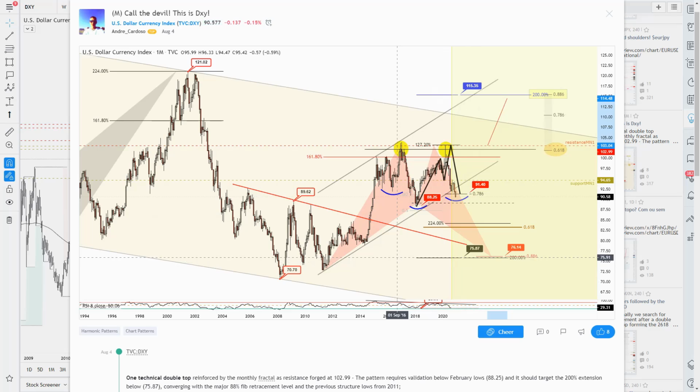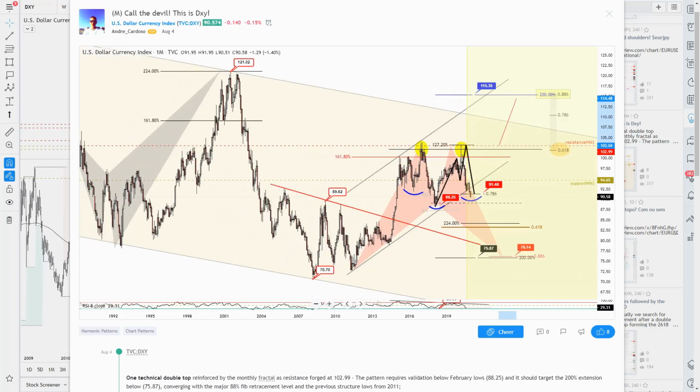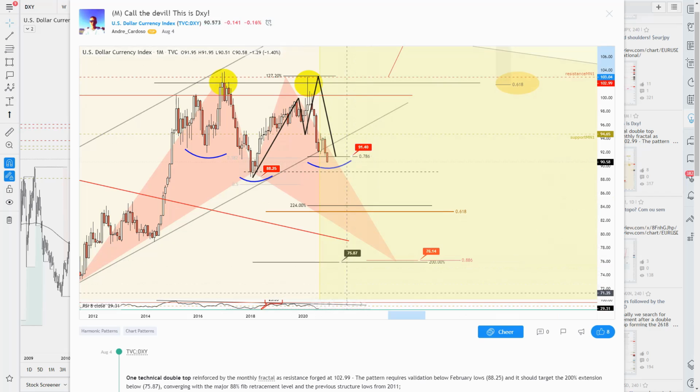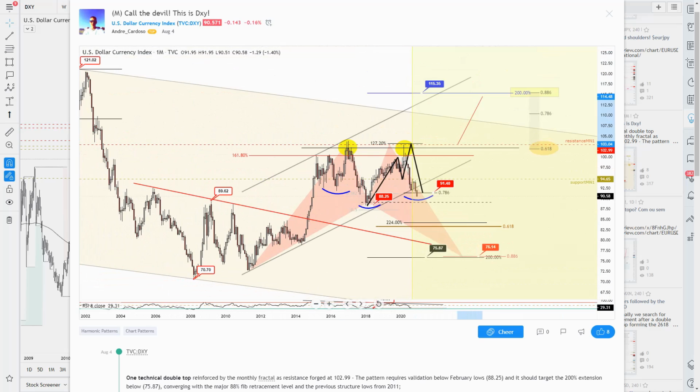Actually, the major trend for the DXY is bearish. It's not bullish. So this is a monthly fractal. This is a monthly time frame. And as we can see, we're still trading in a bearish mode, so I will not be surprised to see more downside momentum, without, as I said, ignoring the possibility to form that right shoulder